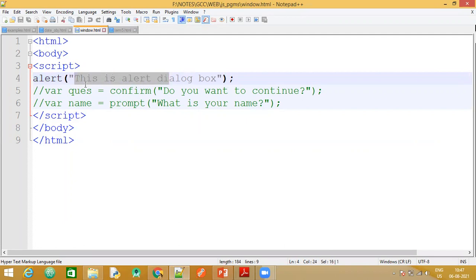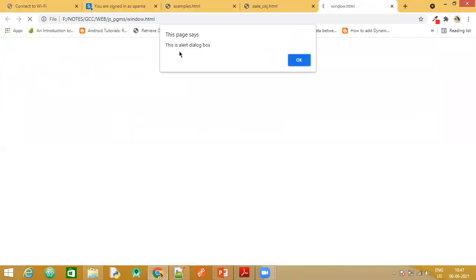The message that I have given here, you can see, is in double quotes. If I run this program, you can see here, this is the alert box. This is the pop-up that we are getting. And it just has one button, that is OK. So this is how the alert window or the alert box works.